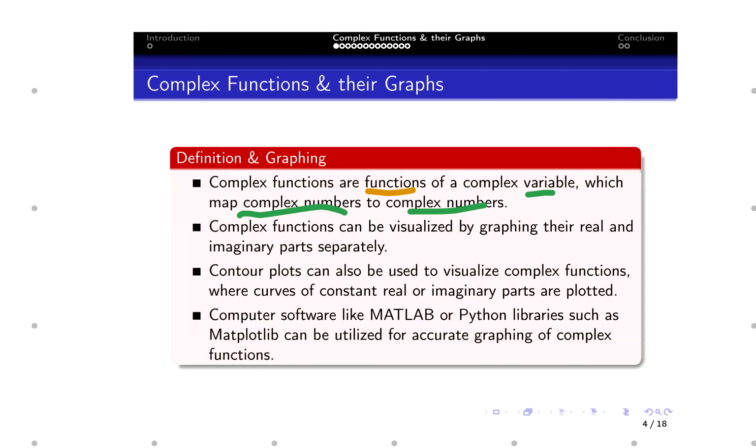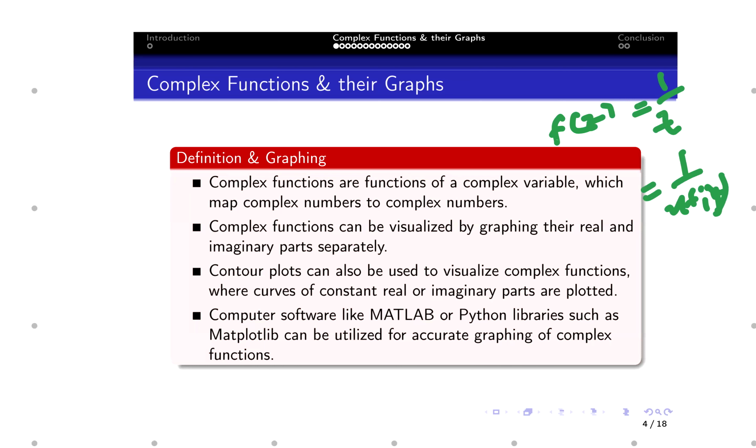All right. So, of course, a very good example would be something like f of z equals 1 over z, and you already know what z is, right? That's z is x plus iy. So you may want to simplify this function somehow. I know the way to simplify a function like this is to multiply the denominator by its conjugate,